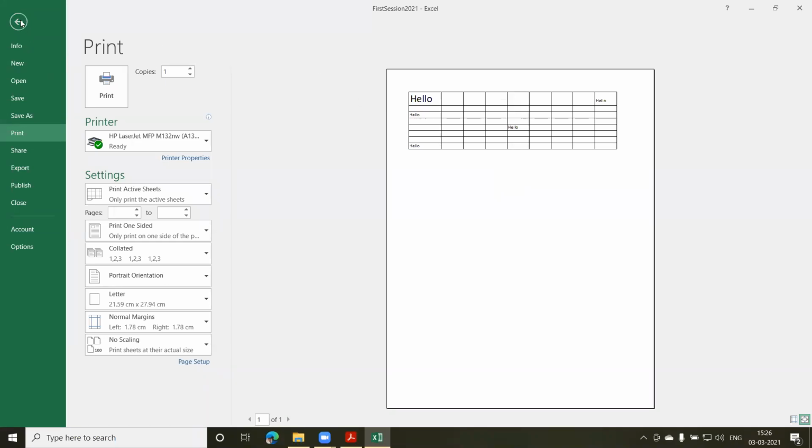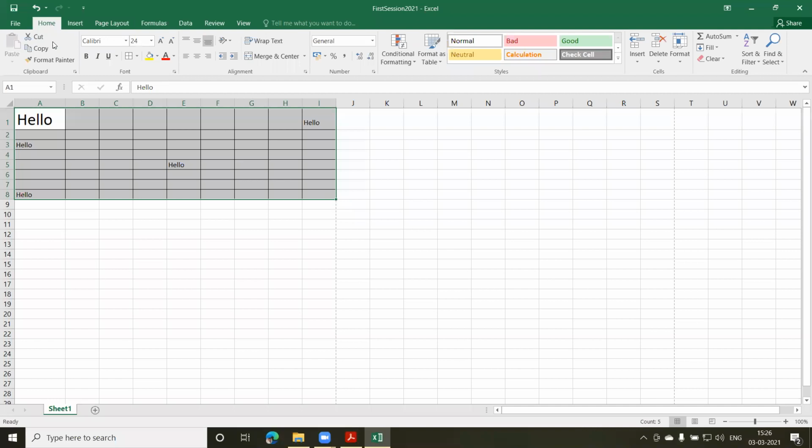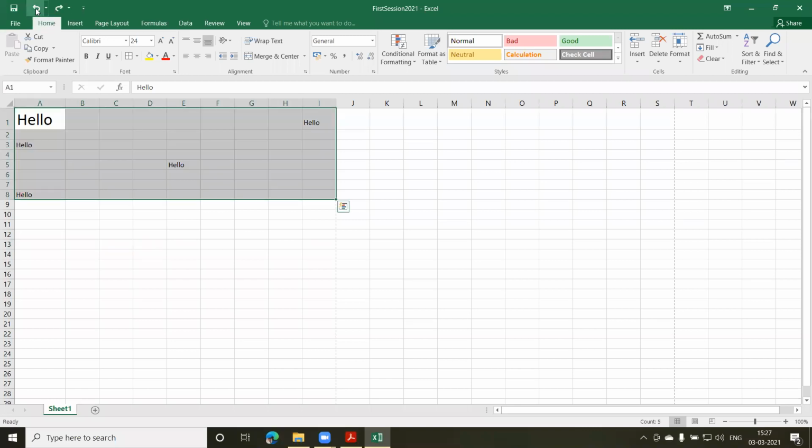Okay, coming back, if I do not want the borders now, I can again select this and remove the borders from here. Or there's one more good option which is available under your quick access toolbar. Your quick access toolbar is nothing but this one which is above here. You can see this line where my cursor is moving, which has save, undo and redo options. If I click on undo borders, you can see the borders have gone.